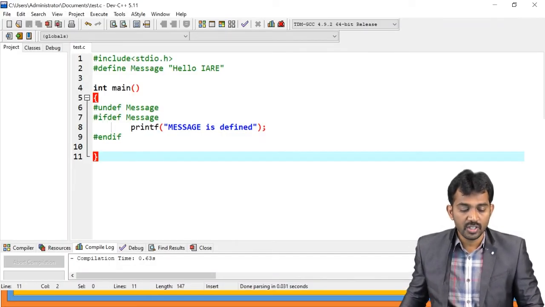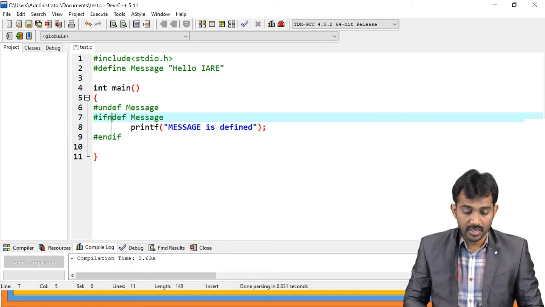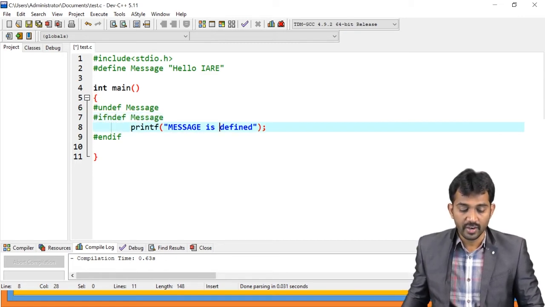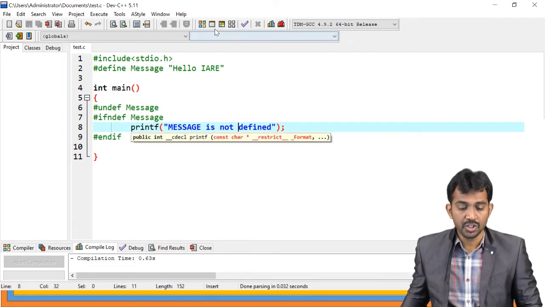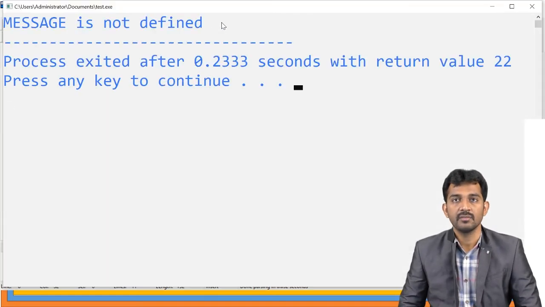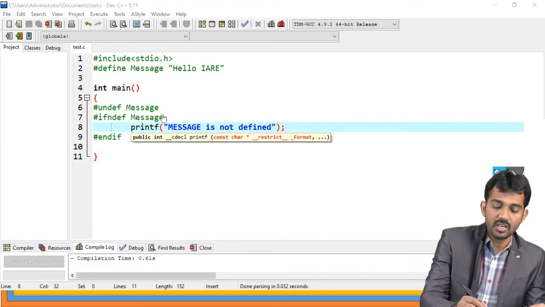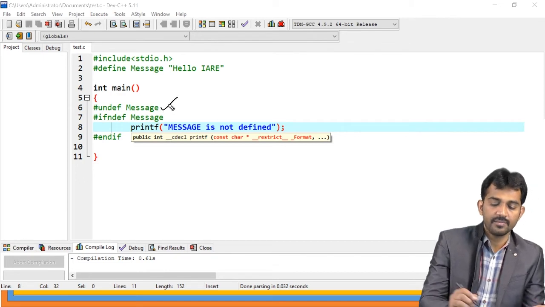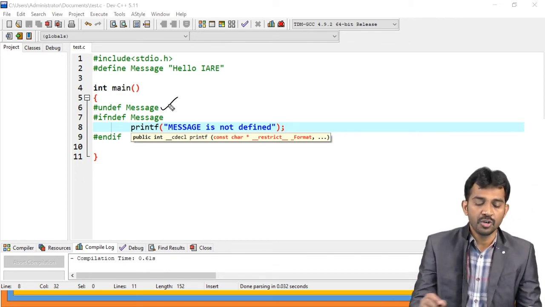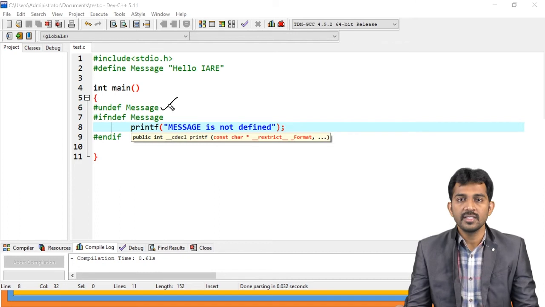For example, if you want to check that one, you just use #ifndef, message is not defined, because ifndef condition is true when the message is undefined, right? Because here we deleted the data. The message is deleted here. That is what is going to give true. Is this clear?